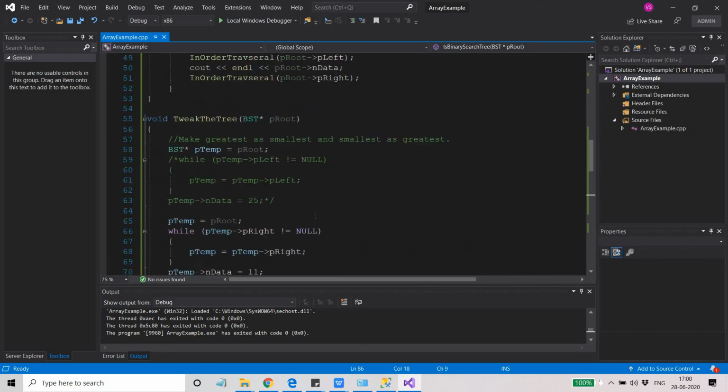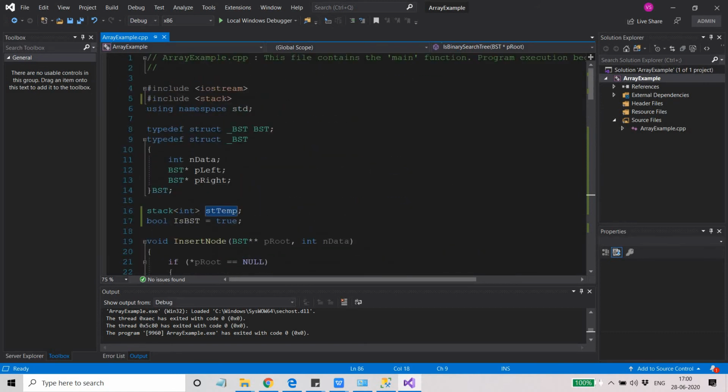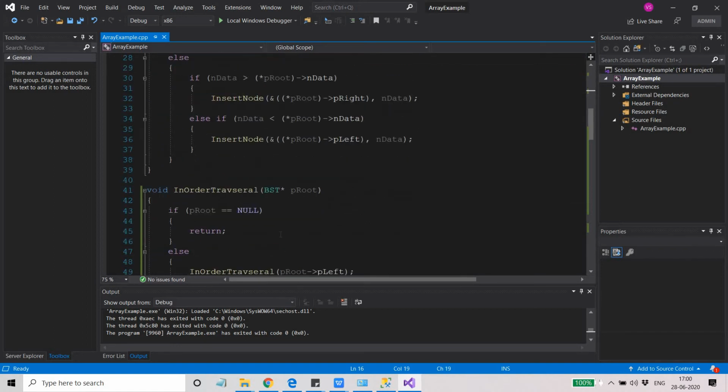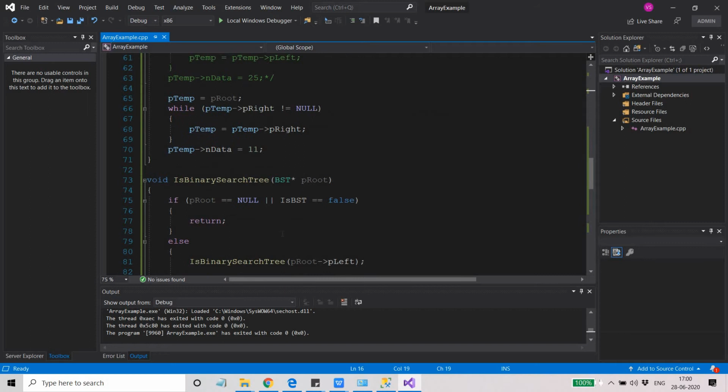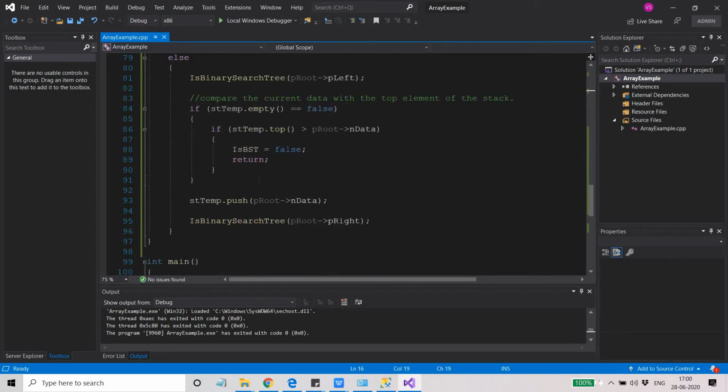This is the stack I have used. This is an STL stack. You can create your own stack, but I have used the STL stack to make the code simpler and just to understand the logic. But you have to do the same thing that I'm doing here. I hope you got the point. If you have not got the point, you can comment in the comment section. But I hope this was the simpler one. And if you have seen the last video, then you will be aware why I have used the stack here and why this will give me the correct results.